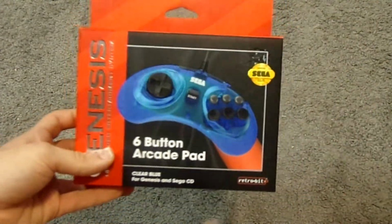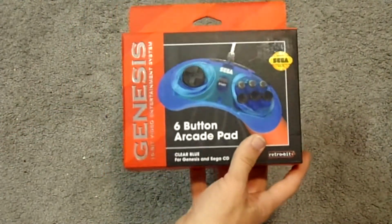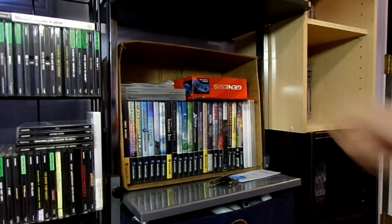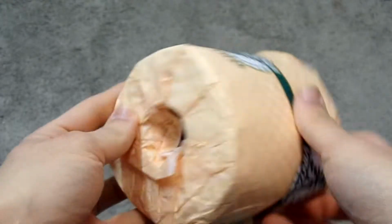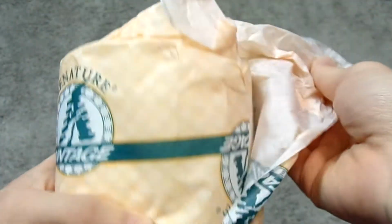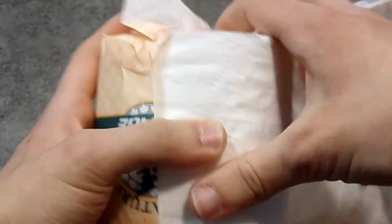This is a brand new official controller from Sega. This looks really nice, and it fits on my shelf, and I really appreciate it. It looks really cool. This one's not doing anything for me. I'm sorry, I don't like it. But the packaging isn't what really matters here. It's the product inside, so let's get it out of there and...